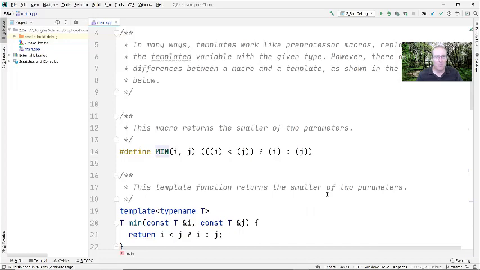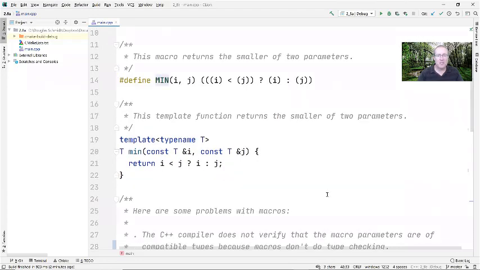And if you look carefully at that min macro with the capital MIN, you'll see that it has a whole bunch of parentheses that basically encompass the i less than j question mark expression. If i is less than j, we return i, otherwise we return j. And there's so many parentheses here, it looks kind of like Lisp. That particular way of doing things has been around for a really long time, going back to probably the early 70s with the C preprocessor, but it turns out to be very problematic for reasons we'll discuss in just a moment. To fix a lot of those problems, C++ provides template functions,